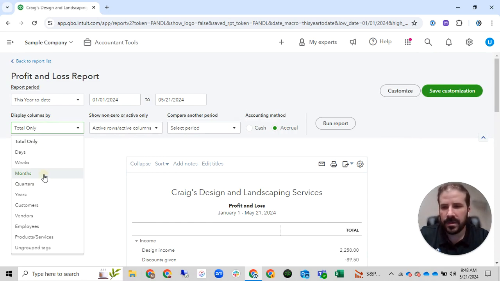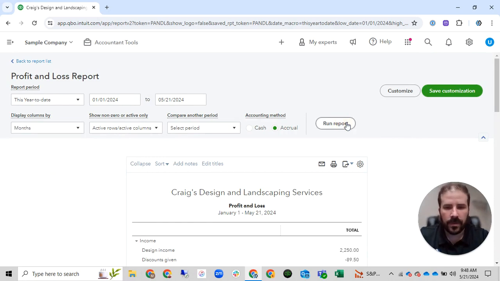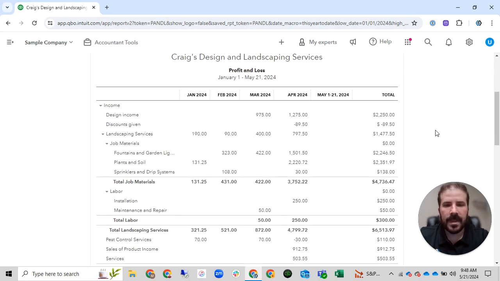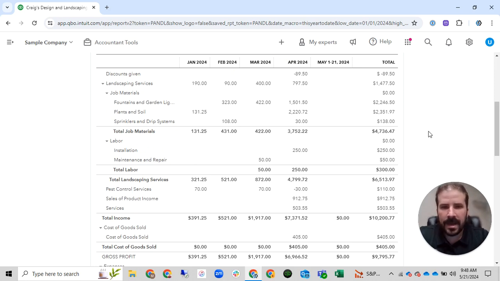Instead of saying total only, we're going to do months. And then we'll run the report to refresh that. And then you can see in every one of these categories what happened in each month. And I'd like to even go back 12 months. This sample company only has it through 2024, but I'd like to see 12 months and just see the cyclicality over every month. But specifically the last 2 or 3 months, you can see specifically the trends,